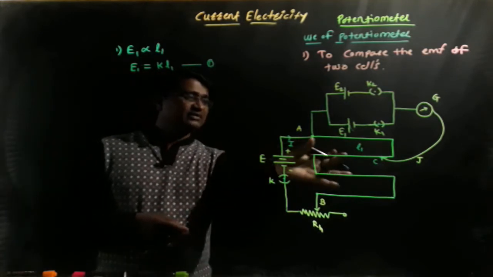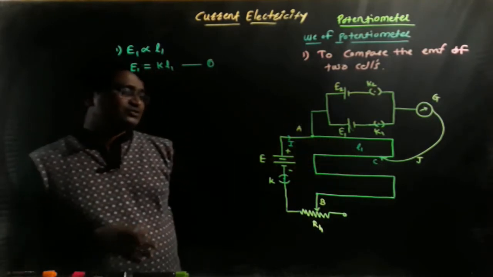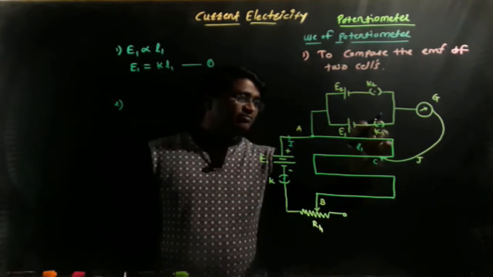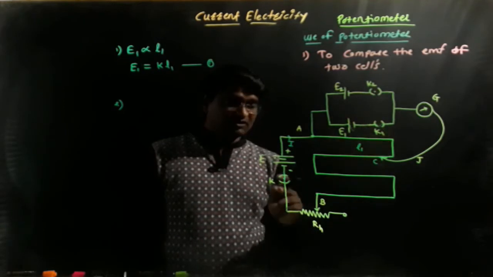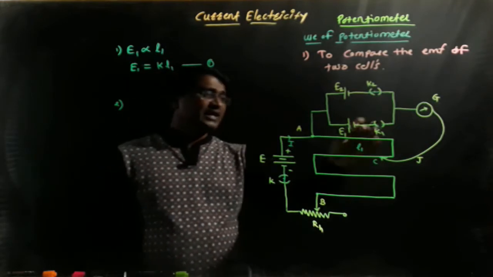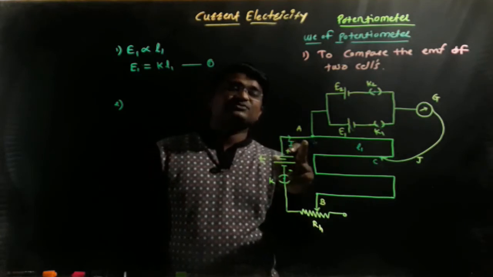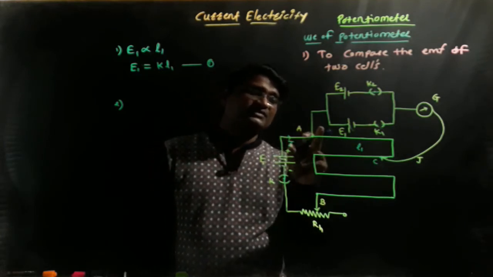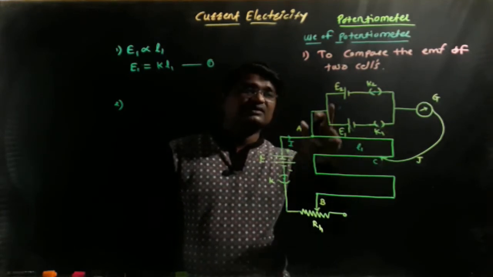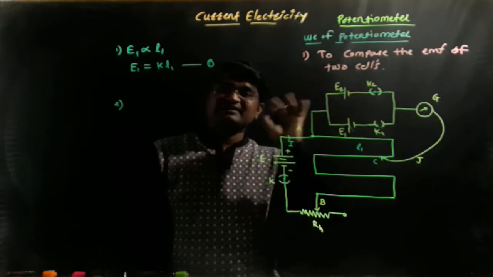The potential between any two points of the wire is directly proportional to the length between the same points. After that, the second important condition in the given circuit. Now the main key will be closed and K2 is closed and K1 is open. When the main key is closed, electric current I passes through the circuit. Since K1 is open, the current does not pass through the cell E1, it only passes through E2. It means E1 is out of the circuit and E2 is connected in the circuit.